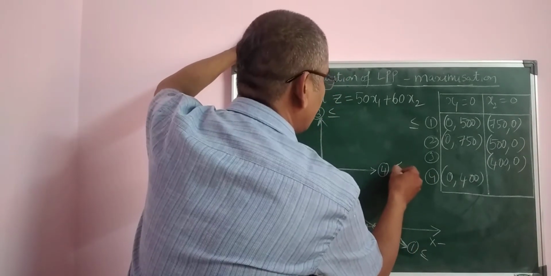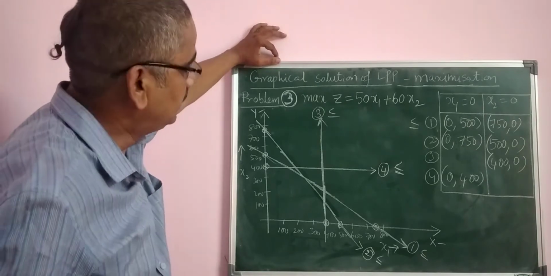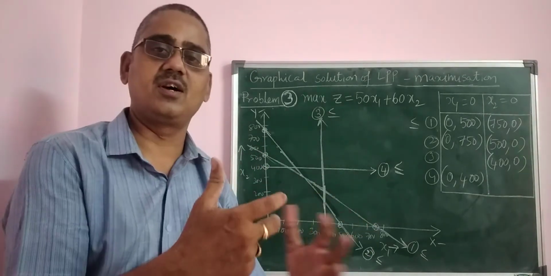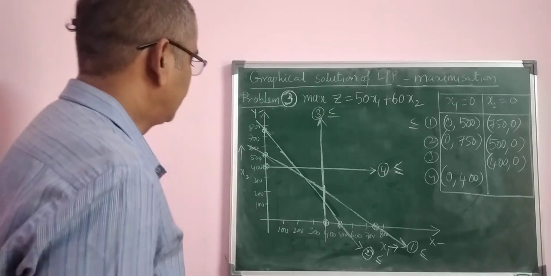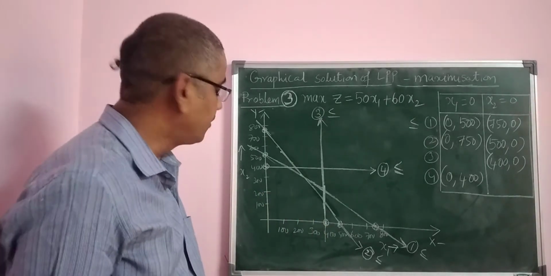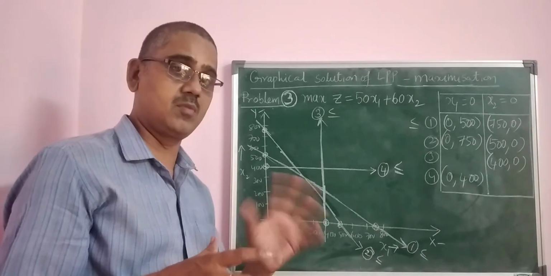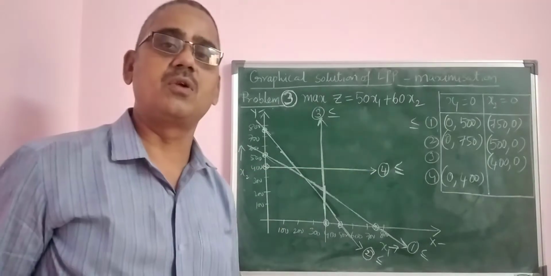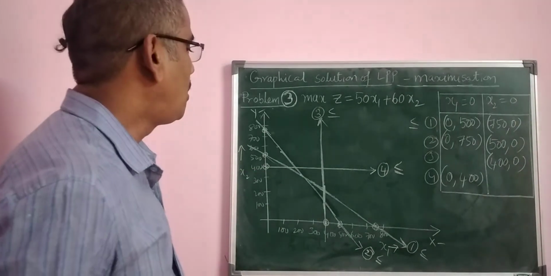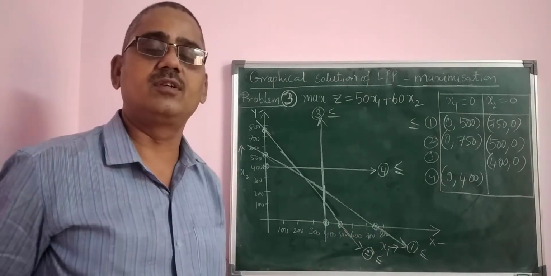Whether my graph is right or wrong depends on the proper axis and a suitable scale on the axis, right? So it is required to pay proper attention to taking a suitable scale. So this is the fourth equation. The fourth equation is also a less than or equal to constraint. So all the equations are now drawn as straight lines in the graph.